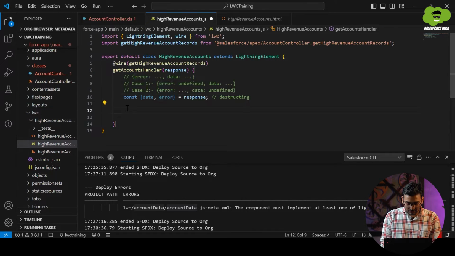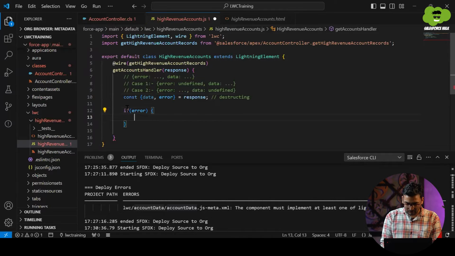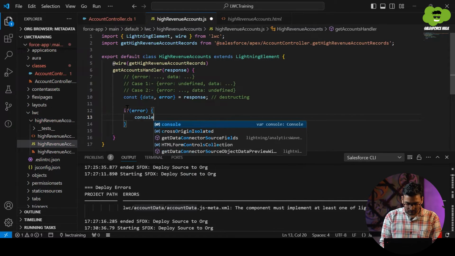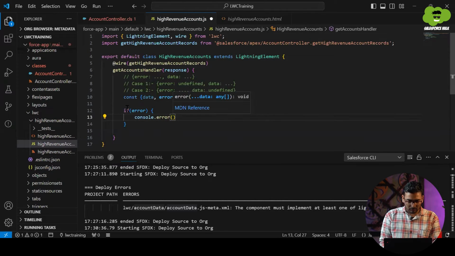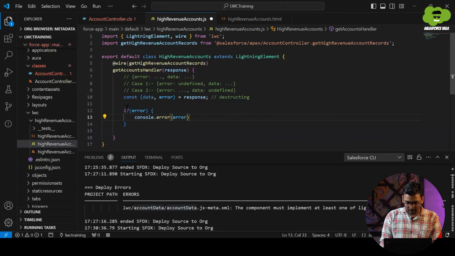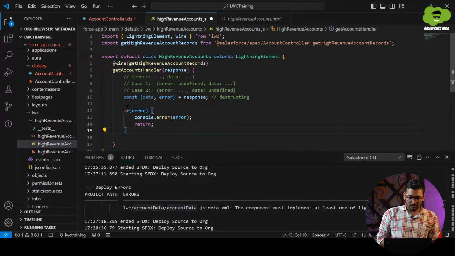So in case of error, we are simply going to print that into the console. For that we will be using console.error, and here we are going to put this error variable, and we will be returning from this method. As in case of error, we need not move ahead.